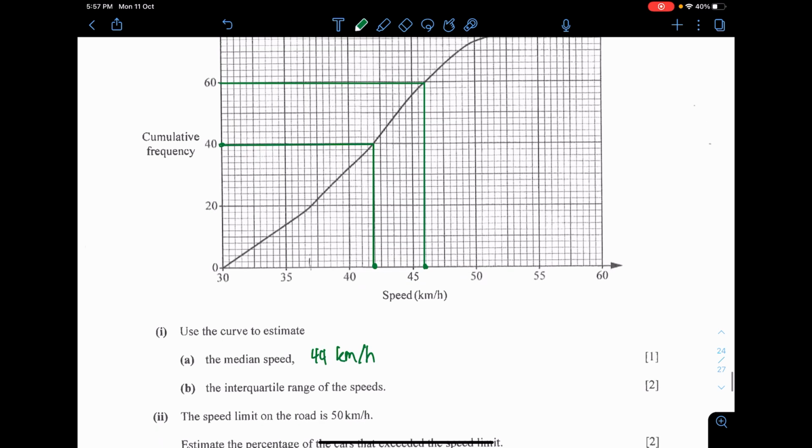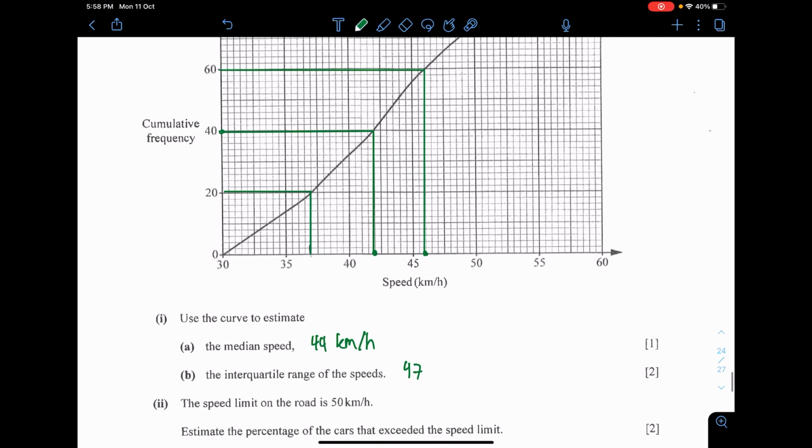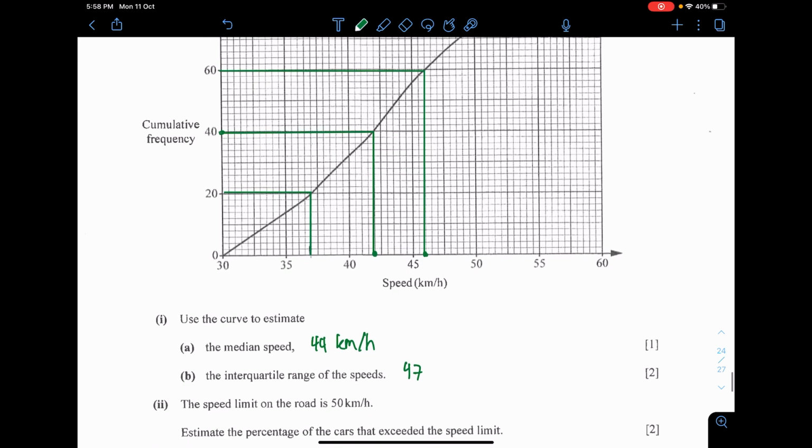47, I guess. And then Q1, 1/4 of the whole population, so from 20, that is 30. Wait a minute, I actually read the whole thing wrong. It's supposed to be 46 because 2 little boxes is actually 1 unit, meaning to say this is actually 42. Okay, good thing I noticed it sooner.